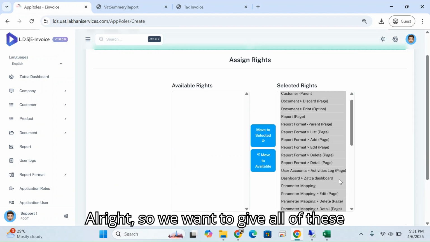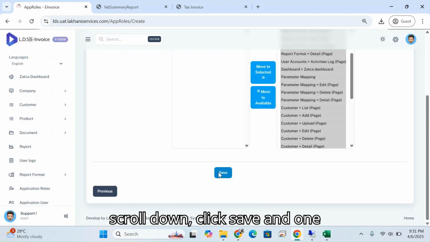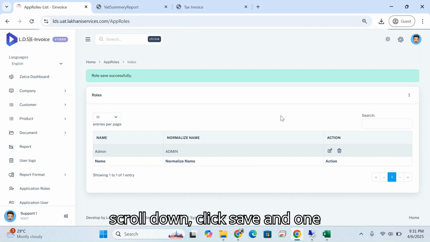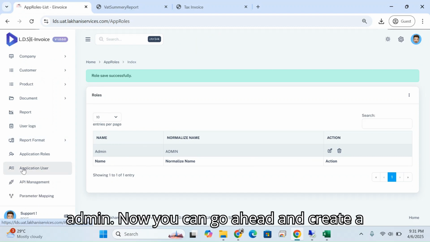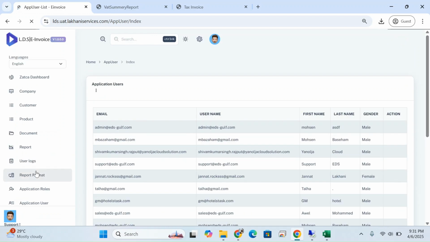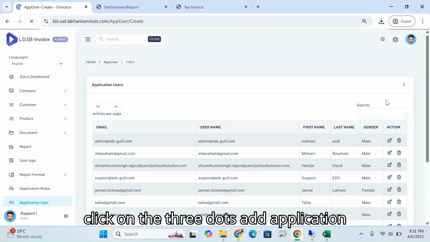All right, so we want to give all of these rights to the admin user. You can scroll down, click save, and one of your roles has been created now for admin. Now you can go ahead and create an application user. And you can now click on the three dots, add application user,